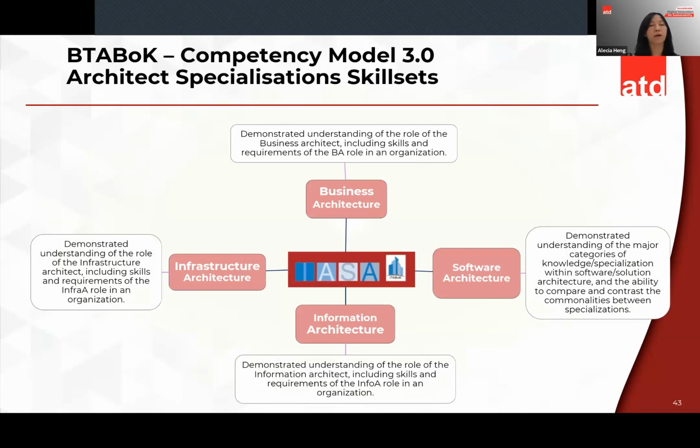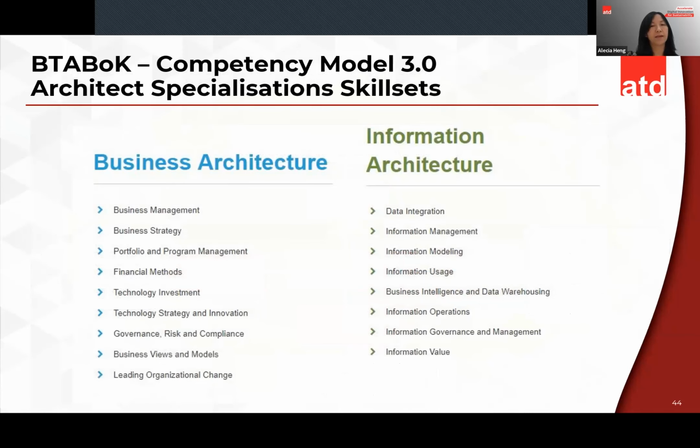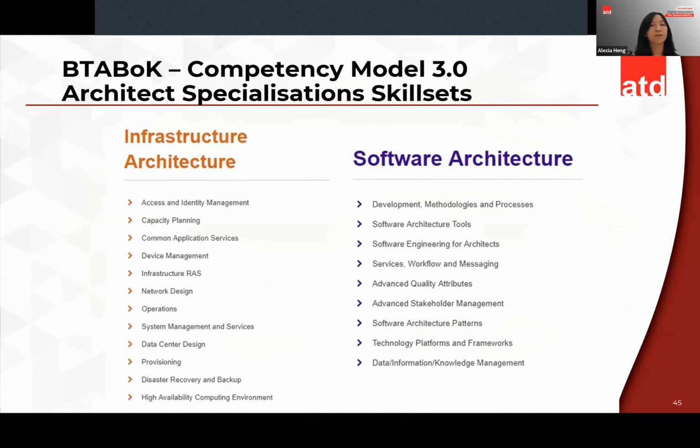And we have enterprise architecture, whereby in Iasa, enterprise architecture is defined as a role, not a specialization, which also looks across all the areas of specialization. These are the skills and competencies for each of the specialization skill sets. So with that,